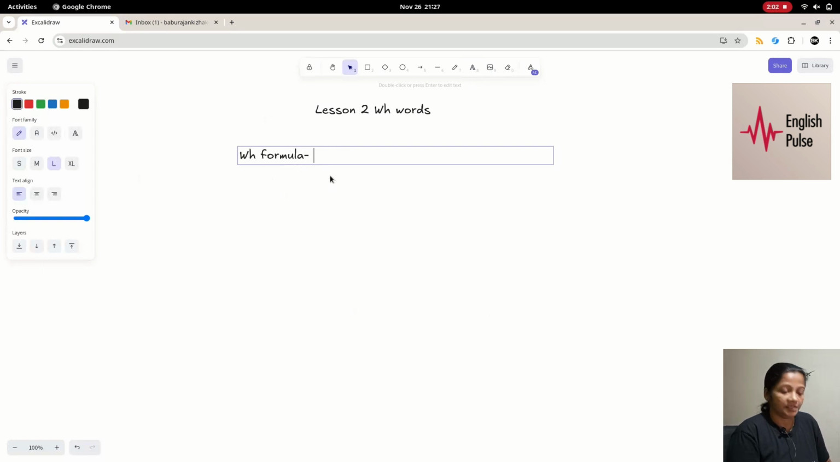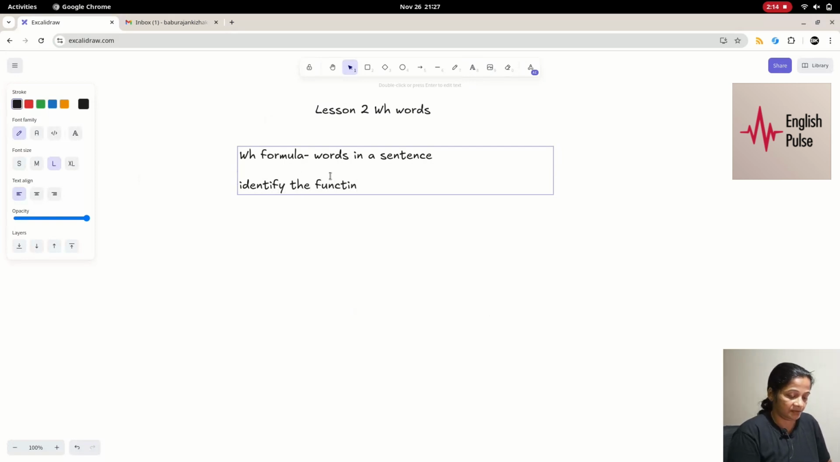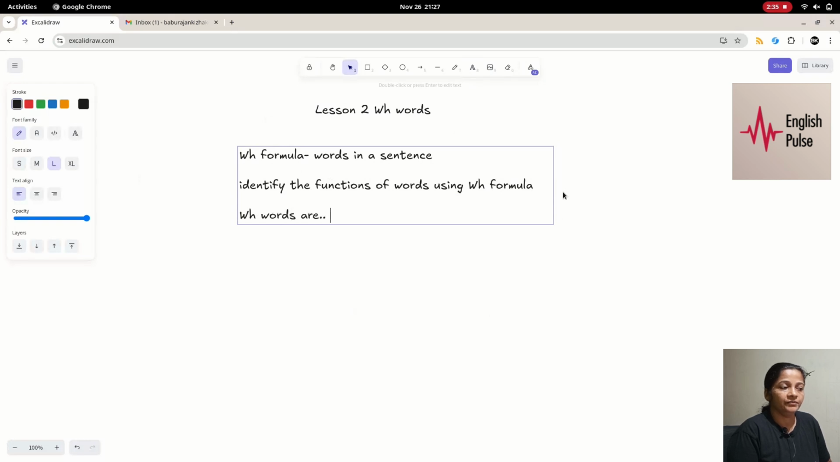We are going to learn about words in a sentence. We are going to identify the functions of words using the WH formula. You must have heard what WH words are. In school, when we learn basics of grammar, we learn about these WH words. What are WH words? Words starting